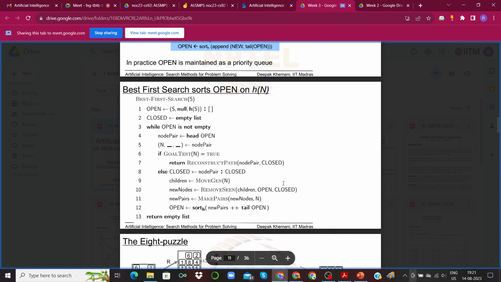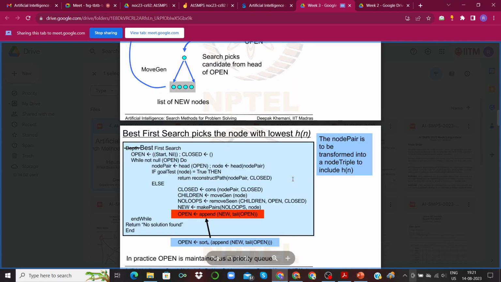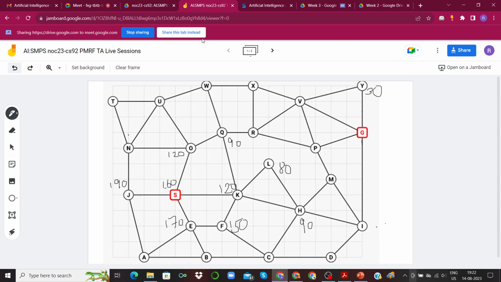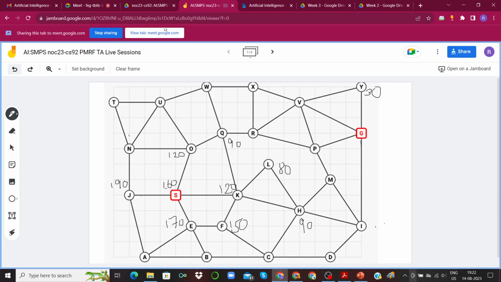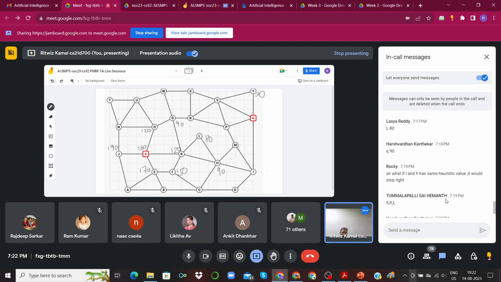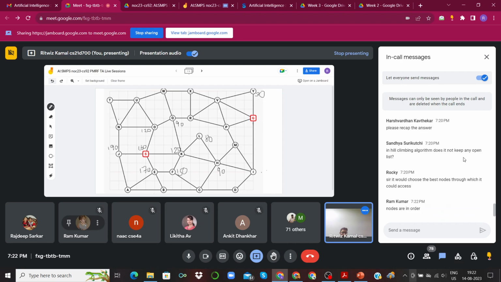So here is the triviality that I was missing. Since we are using a priority queue, we can still move ahead from L to the best looking option that is there from there. Yeah, that's right, Rocky.